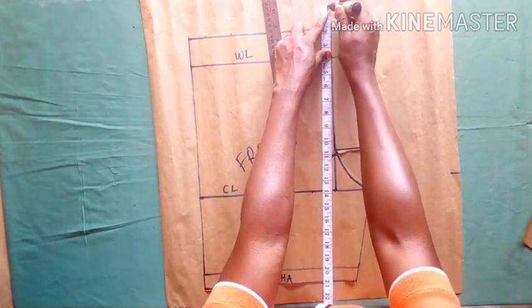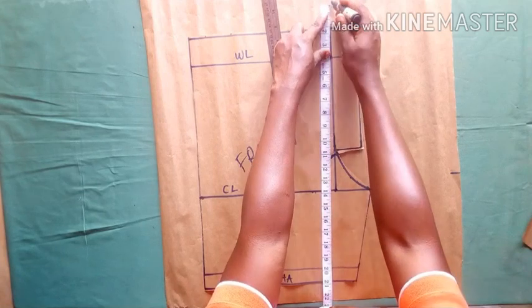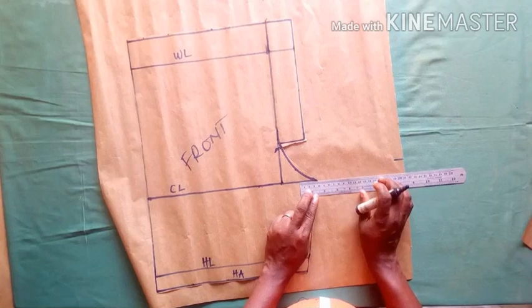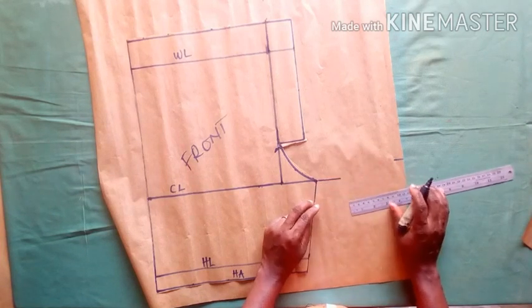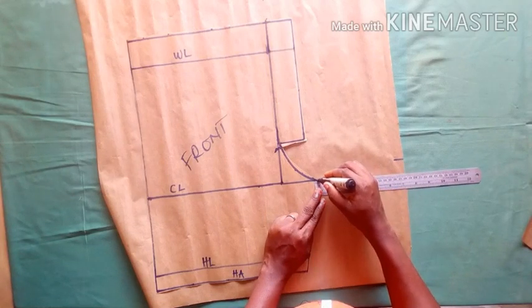So since the front has been cut out, I'll place it on another pattern paper to be able to draft my back, and that's what I'm doing. So I'll come to the crotch length and extend the line there. So after extending it,